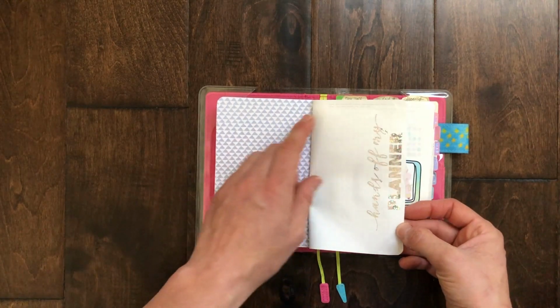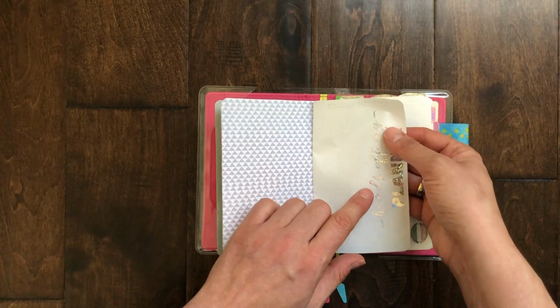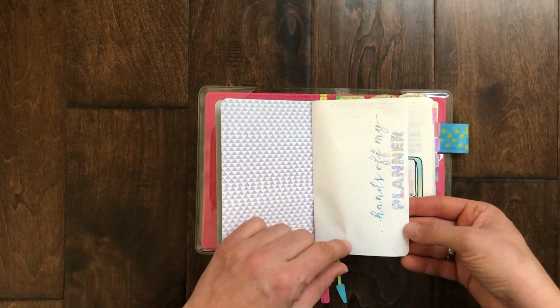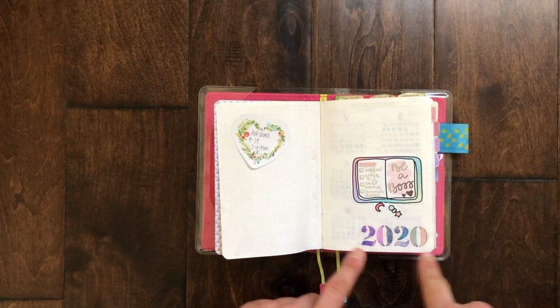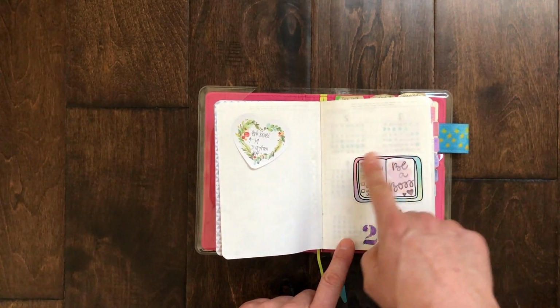On the first page right here, since it's not really opening up all the way, I just added this decal that I got from my friend Dakshina. It says hands off my planner, and it's absolutely beautiful and works really well on that page. I then created kind of a title page using a stencil, writing 2020, and then I added this die cut